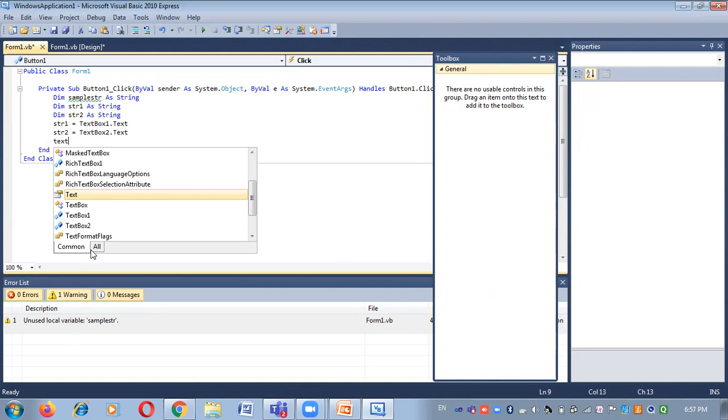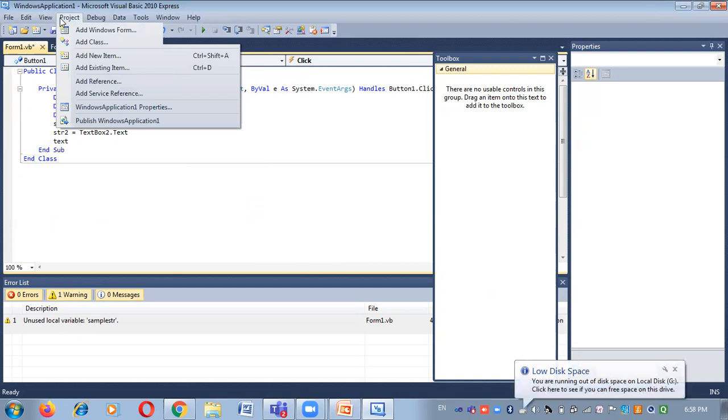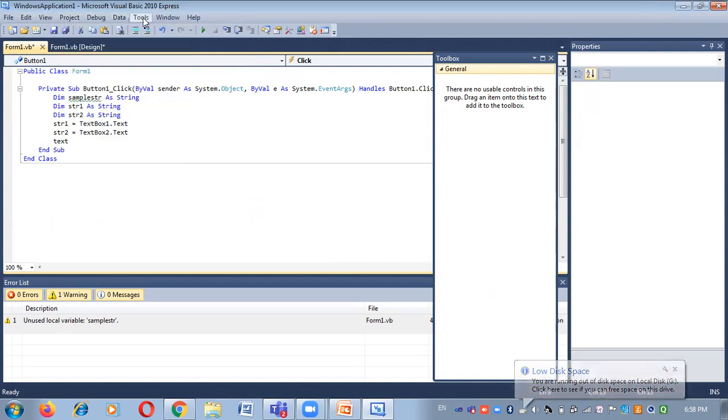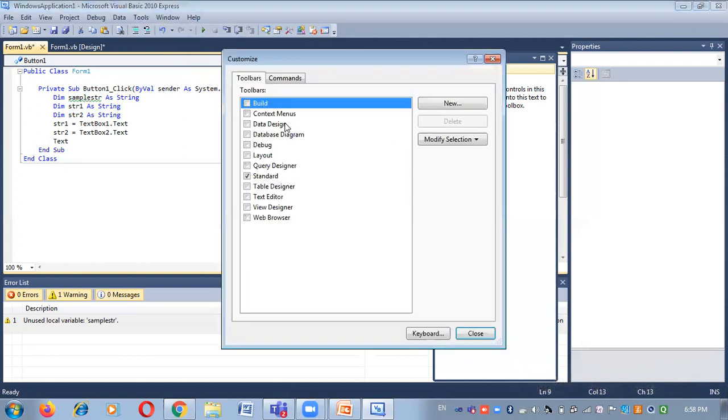Now I am going to select, what is the name of that, one minute. Here I'm just going to add a toolbar.